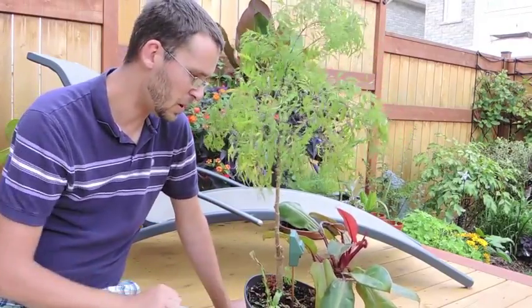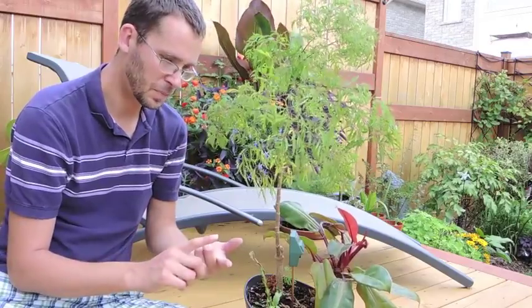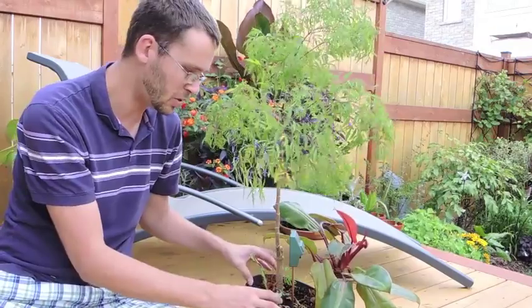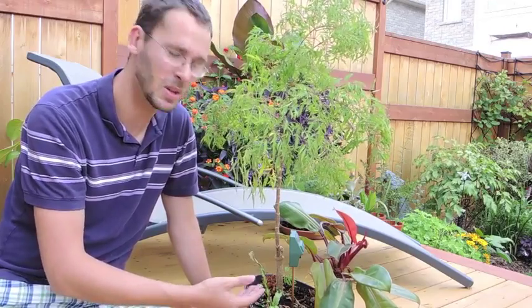It really does respond better if it's on the dry side. So just keep that in mind. It likes drier conditions, so I'm going to take this and put it with some, instead of using ferns, some things like, you could probably even put some cactus in the bottom of this, who knows. Some